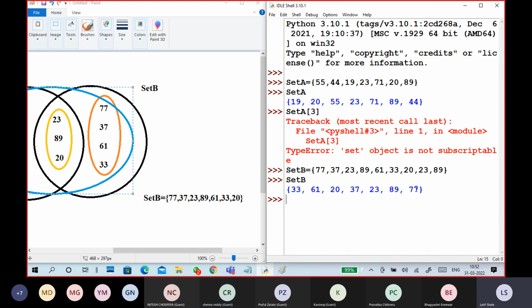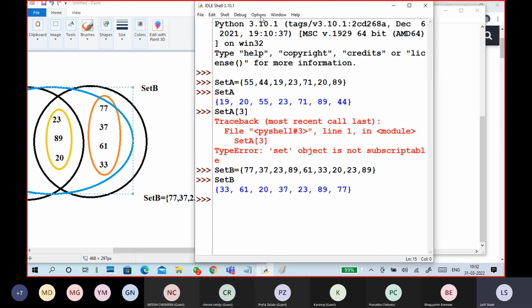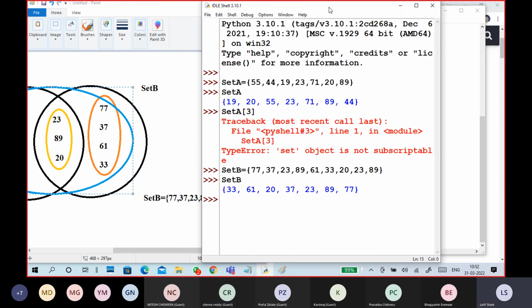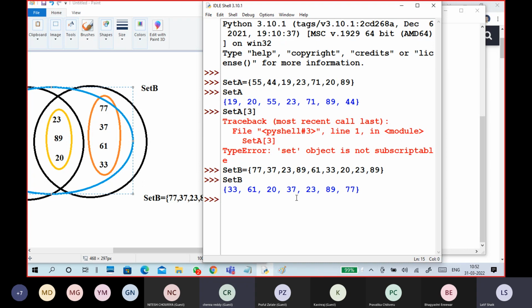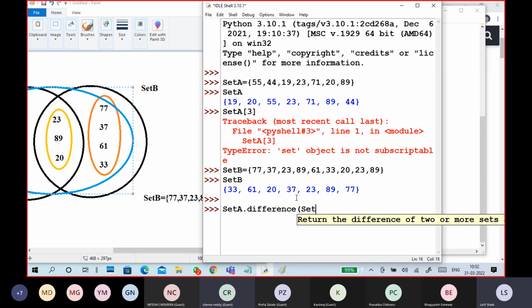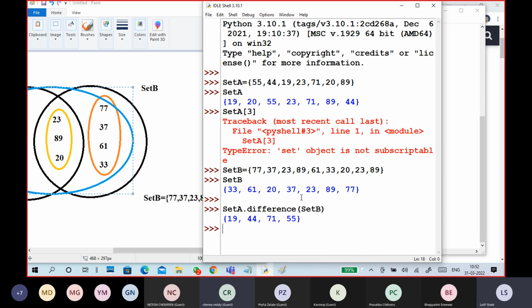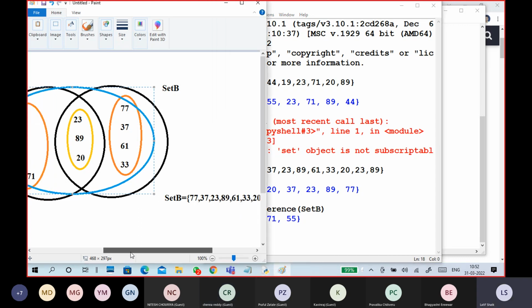So we have the data, right? Now I will show you the output. Set A dot, first I want to show you the difference between set A and set B. It is showing 19, 44, 71, 55.